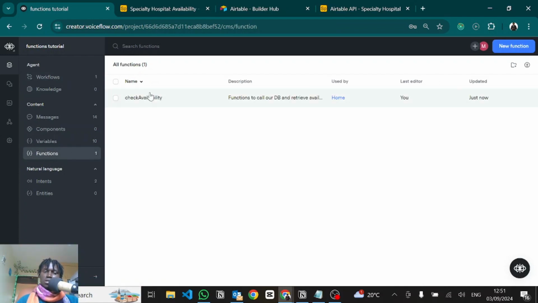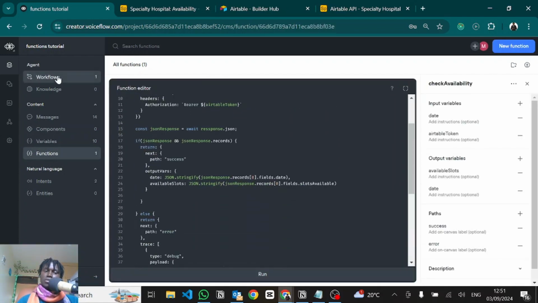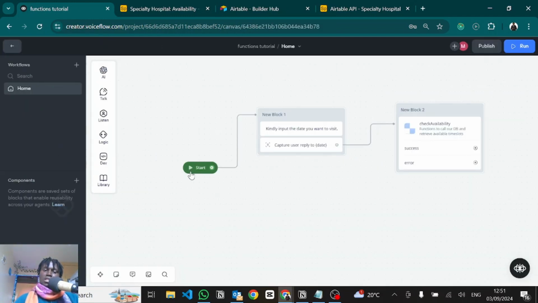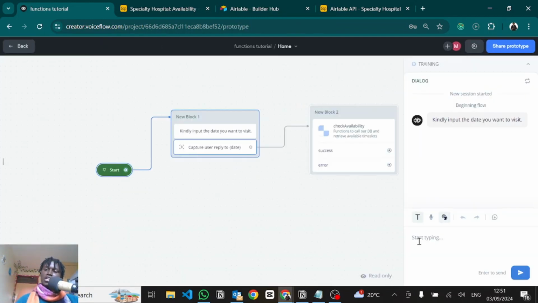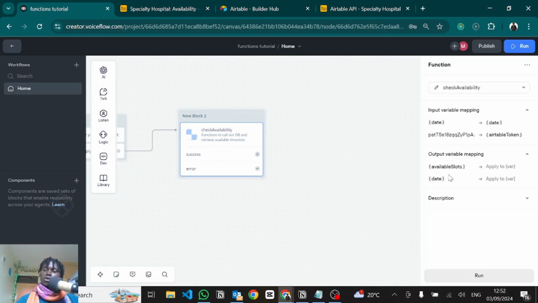Just ensure that the function has been saved accordingly. That's proper. So let's go to our workflow, edit workflow. Then what we want to do is run this. Kindly input the date you want to visit. So we'll explicitly say 2024-09-03. So path not connected. Let's quickly enter the function and obtain the output variables and save them